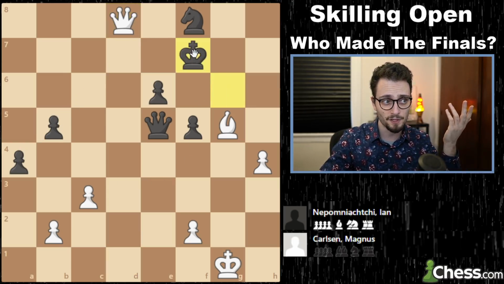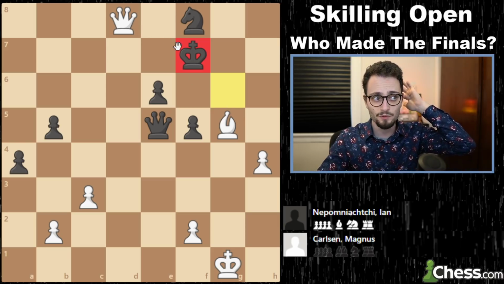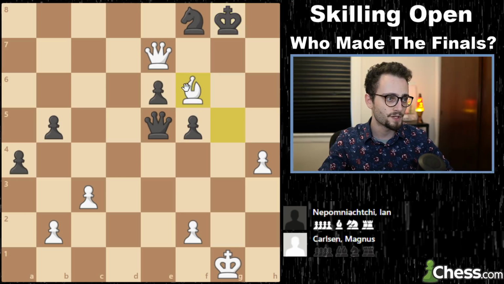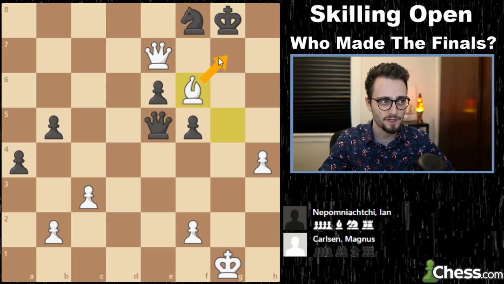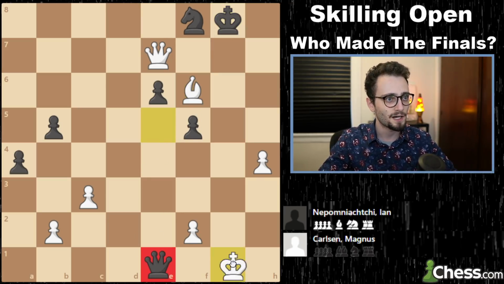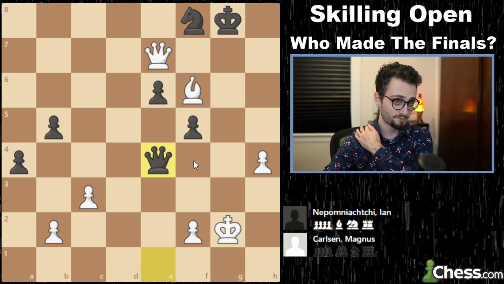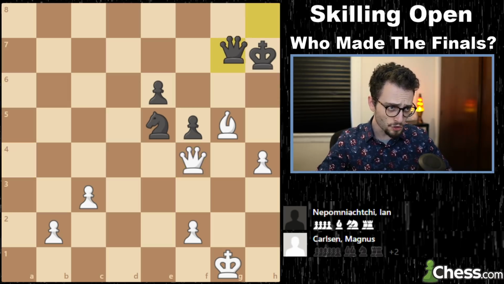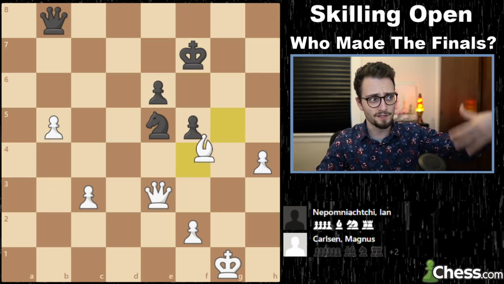It would have been better here for Nepo to play king f7. Very brave move, stopping queen e8. If queen e7, king here. This looks like you're about to mate the guy because of this and this, but check, and you're just surviving it enough. So Nepo goes 2 pawns down, tries to create some counterplay, but Magnus very easily starts pushing